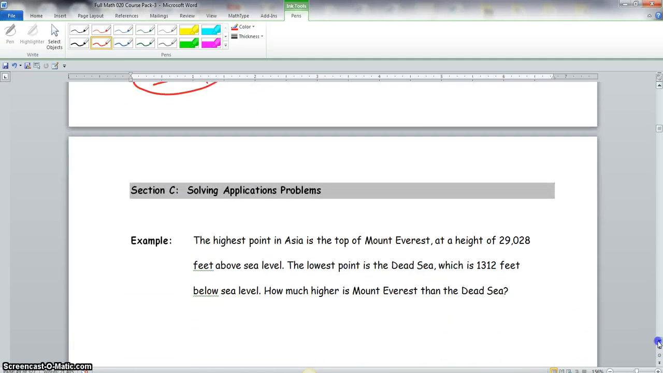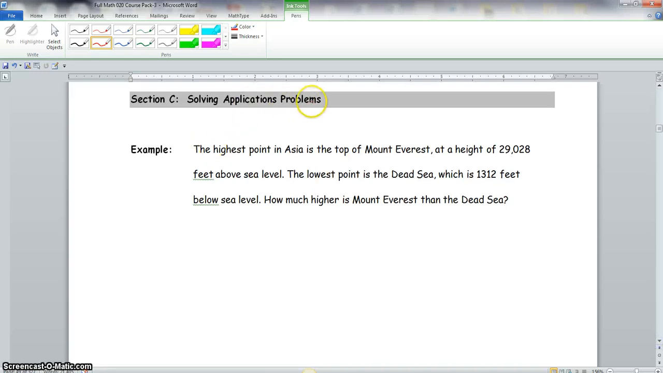Now, we scroll here to section C. It says solving application problems. The highest point in Asia is the top of Mount Everest at a height of 29,028 feet above sea level. The lowest point is the Dead Sea, which is 1,312 feet below sea level. How much higher is Mount Everest than the Dead Sea? Okay, so now what we would have to do is this. We know that this is a subtraction problem because we want to find out how much higher Mount Everest is than the Dead Sea. So we would take Mount Everest, which is